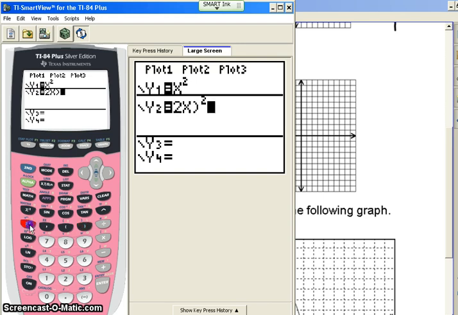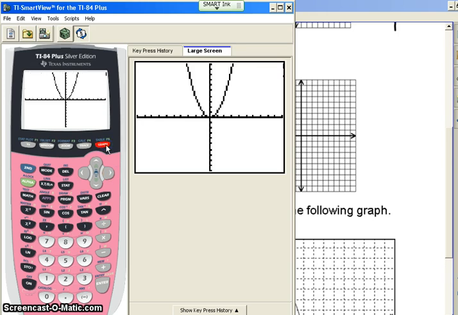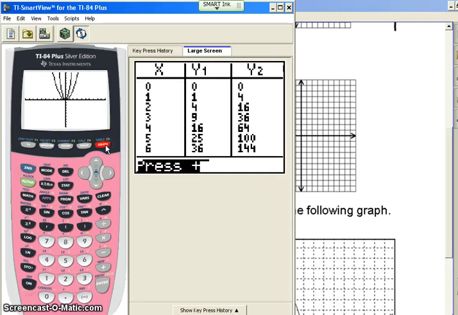So to graph this, okay, I'm going to put 2x inside parentheses and then graph it. Okay, there's my parent function. And look what happened to it. It makes it more narrow as well. If you look at your graph here,